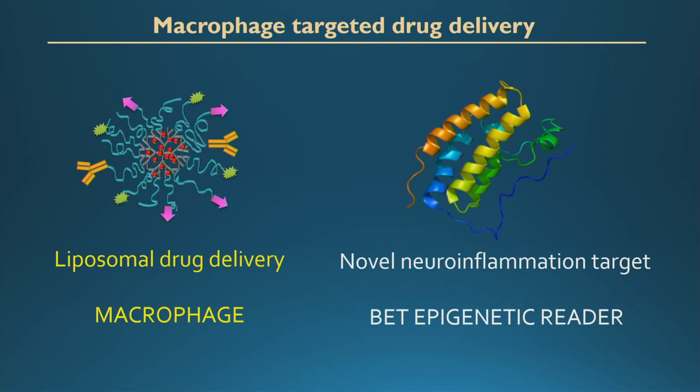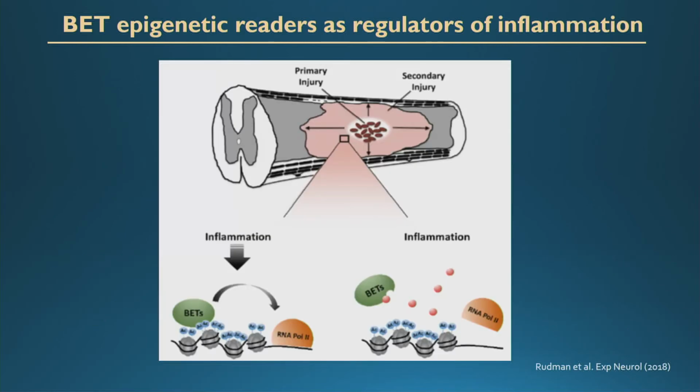we're also interested in testing novel targets in neuroinflammation, and this also comes from another project that we have with Jay and Nagy, targeting BET proteins. I'm going to mention a little bit of the work that we have and why we're interested in targeting this. This project started with a PhD student in the lab, Michelle. Her thesis hypothesis was that these bromodomain and extra-terminal domain proteins, short name BETs,